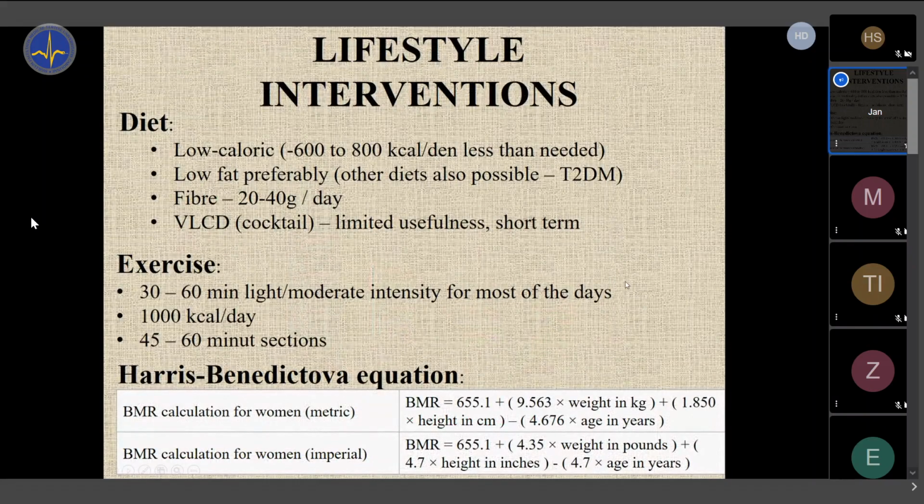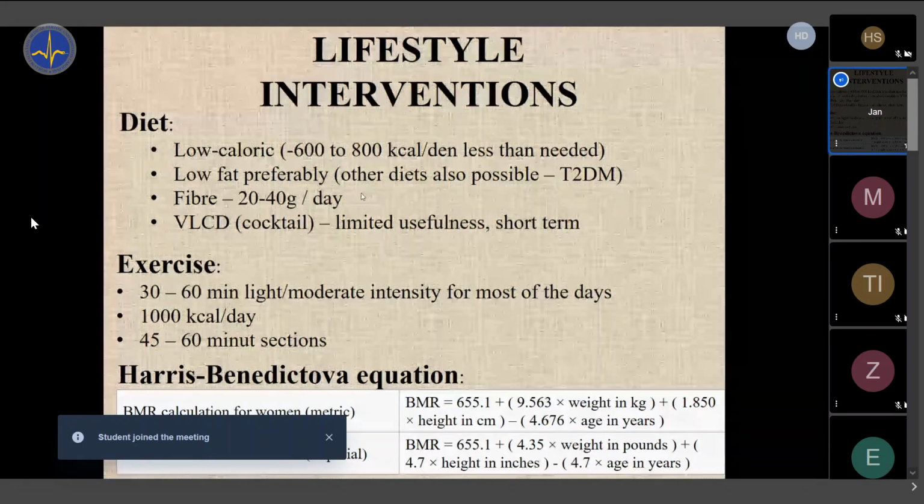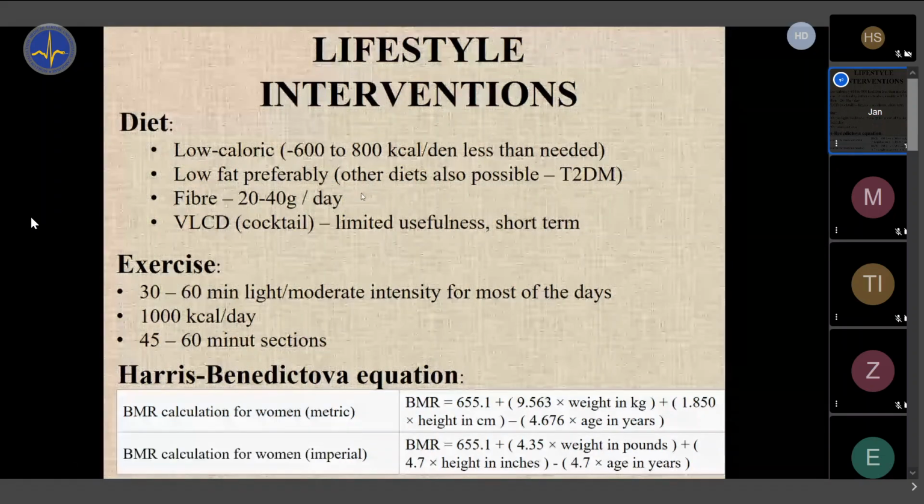So what should we recommend to achieve this 5 to 10% weight loss? Of course, you all know it. It's diet, it's lifestyle, right? Composing of diet and exercise. But I would like you to know a little bit more than just saying diet and exercise. So what are the key principles of diet and key principles of exercise we prescribe to obese individuals? Because you need to give patients some specific advice, right? You cannot just give him advice, eat less and exercise more.